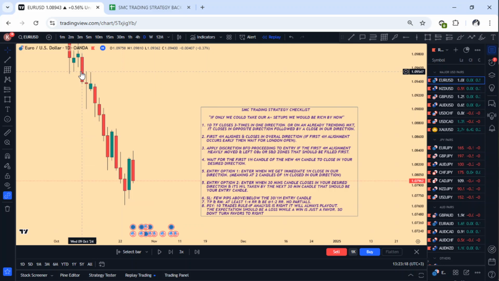Alternatively, if we have 1, 2, 3, then a close in the opposite direction, the rule is that you cannot take trades when the previous day did not close in a direction. So you'll have to wait for it, because you've already seen 2 candles move in one direction. So it means that you will be able to look for a trade if the third one closes in a direction, but in this case it doesn't close, so it closes here. So this is where you need to look for